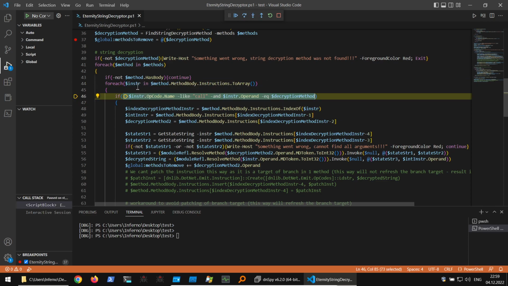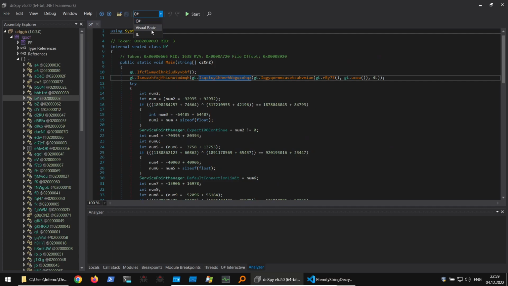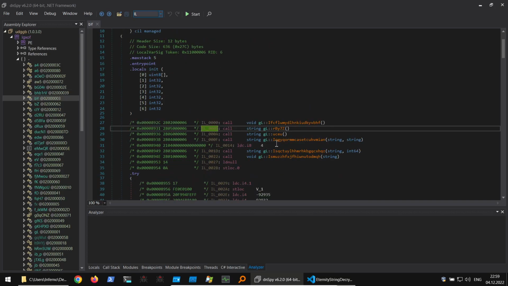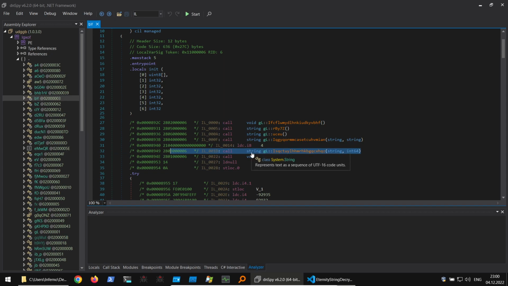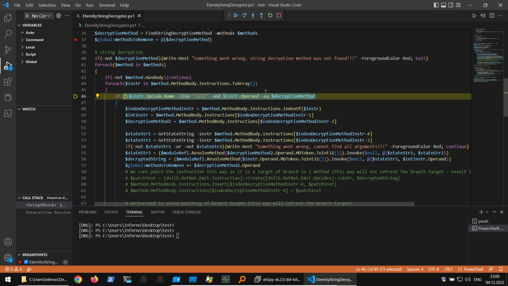And here we have the first instruction of this method. Nice. What I'm doing here is trying to find the calls, the references to our decryption function. For example, if you check the IL code here, you will see that I'm trying to find this one. So basically, I am processing all methods, all method body instructions, and once I find a call to the decryption method, to the main one,